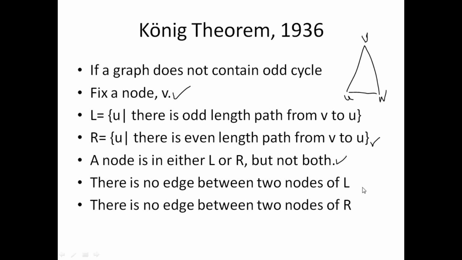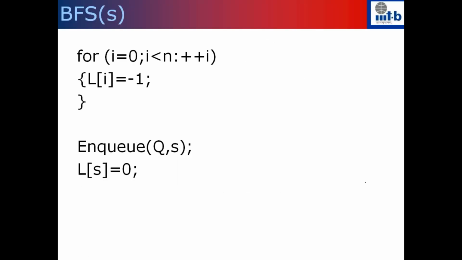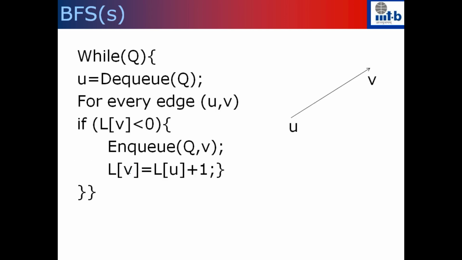So let's first go back to our BFS algorithm. We will compute the level of every node in the BFS tree. We'll start with L of i to be -1. So the level is -1 or minus infinity, whatever you want to keep track of. So I start with the first vertex. What I do is set L of S to be 0 and put that into the queue. So now I delete an element from the queue.